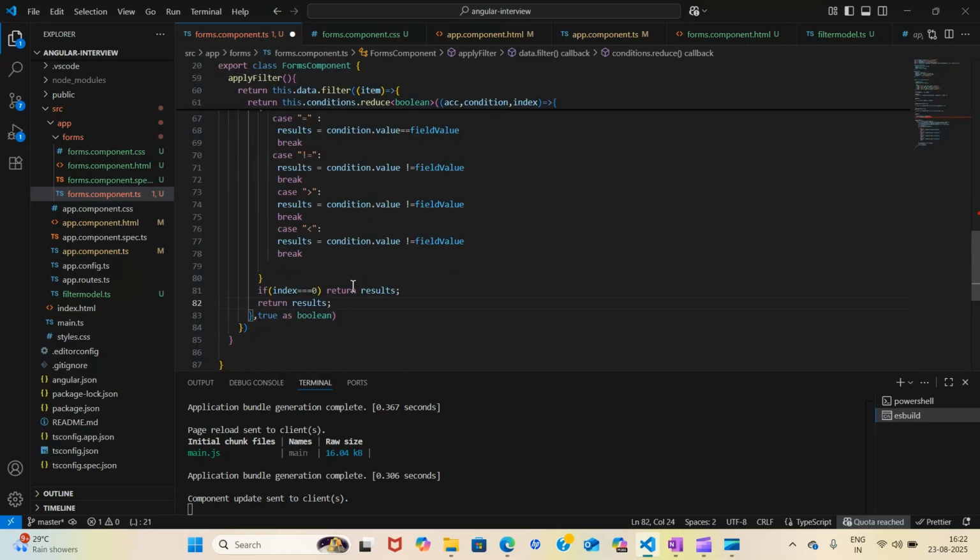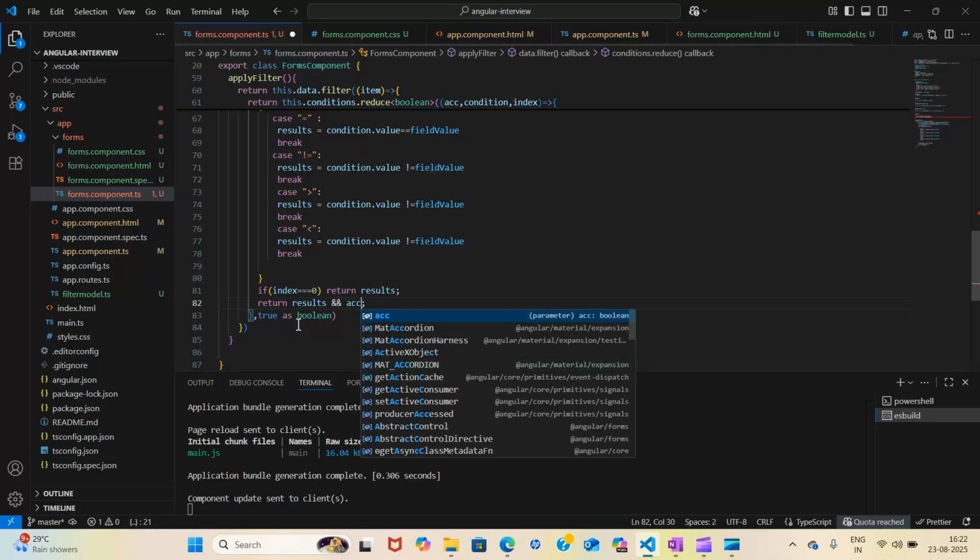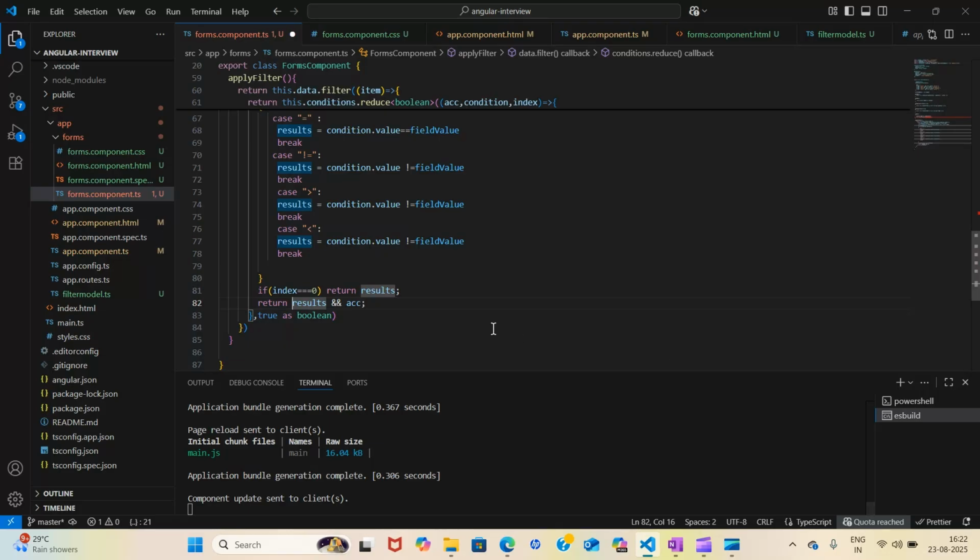So if I had logic selected and then that, then here I can do that. Okay, instead of returning results, I will return results and accumulator if it's your and condition dot logic is selected. We can do one thing, I'll show you.